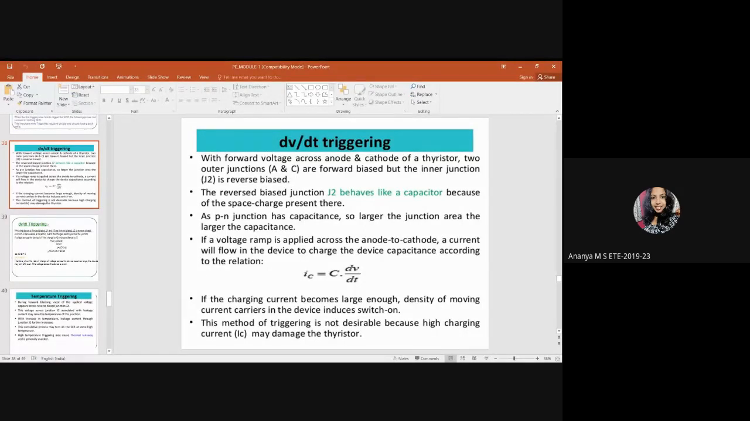dV by dt triggering: with a forward voltage across the anode and cathode of a thyristor, the two outer junctions A and C are forward biased, but the inner junction J2 is reverse biased. The reverse biased junction J2 behaves like a capacitor because of the space charge present there. A PN junction has capacitance, and the larger the junction area, the larger the capacitance. If a voltage ramp is applied across the anode,